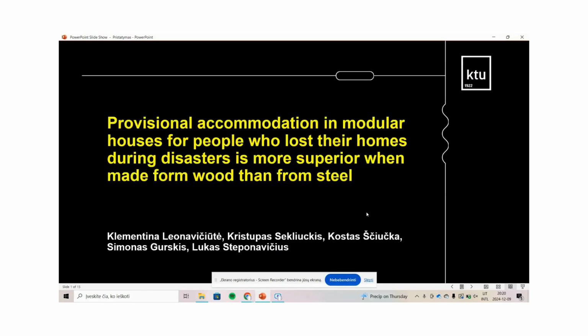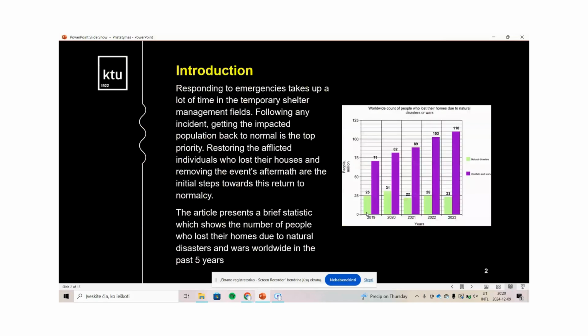Provisional accommodation in modular houses for people who lost their homes during disasters is superior when made from wood than from steel. Introduction. Responding to emergencies takes up a lot of time in the temporary shelter management field. Following any incident, getting the impacted population back to normal is the top priority. Restoring the afflicted individuals who lost their houses and removing the event's aftermath are the initial steps towards this return